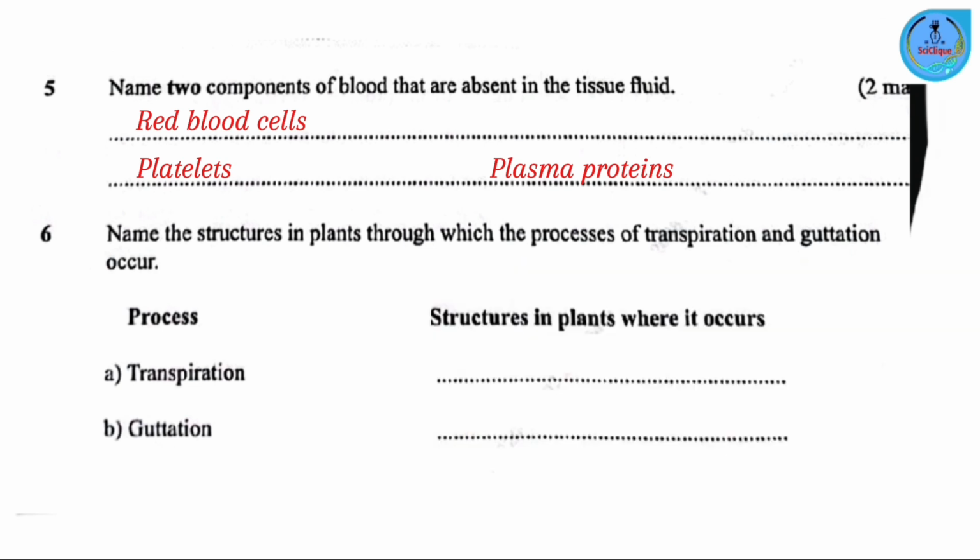Question number 6. Name the structures in plants through which the processes of transpiration and guttation occur. Okay, so transpiration, this occurs mostly through stomata, but it can also occur through the cuticle and lenticels. Guttation occurs through hydathodes. Okay. Now,